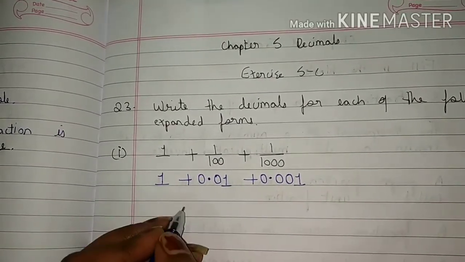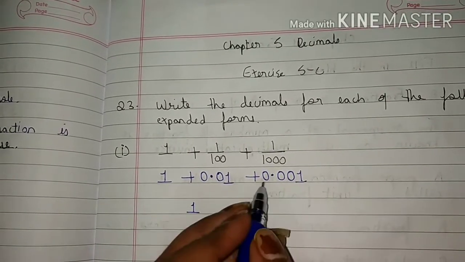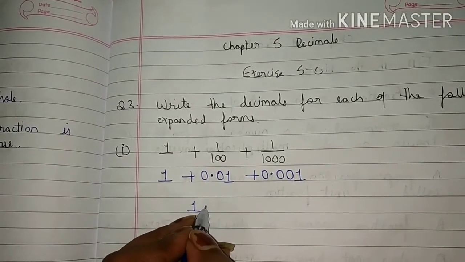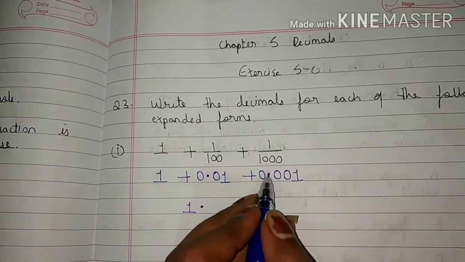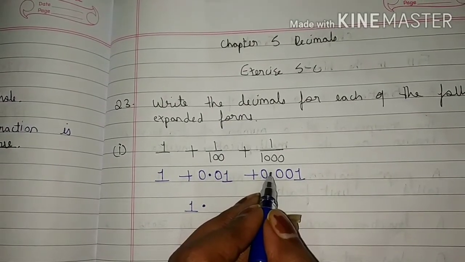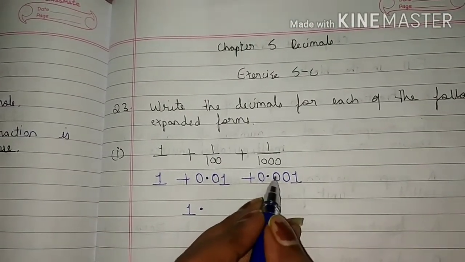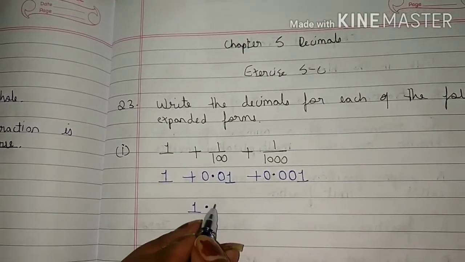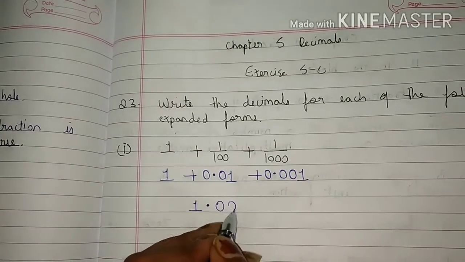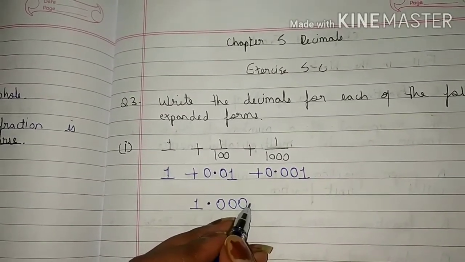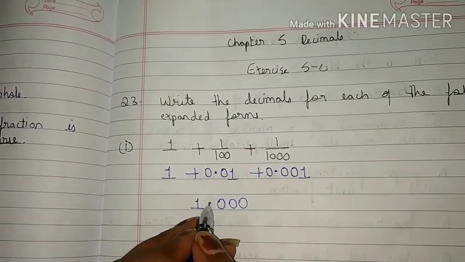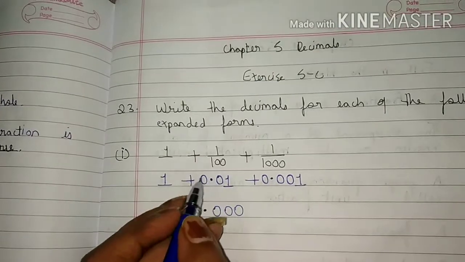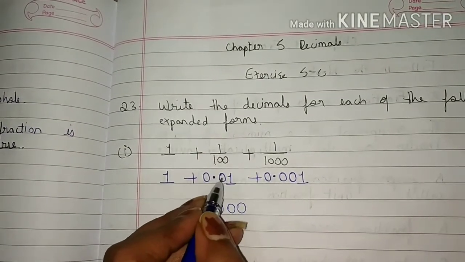Here it is 1, so we will write here 1. Students, you can see this number has a decimal point, so here also we will put a decimal point. Now students, after a decimal point 3 numbers are given to you. 1, 2, 3. So here also we will write 3 times 0. Students, just to make our calculation easy, we will put a decimal point here and after that we will write 3 times 0. Now students, we will copy down 0.01 here.